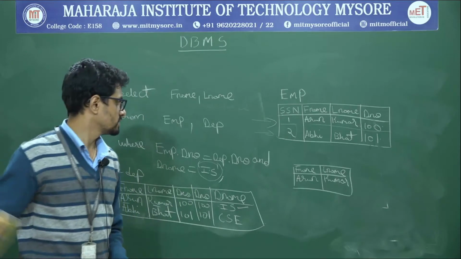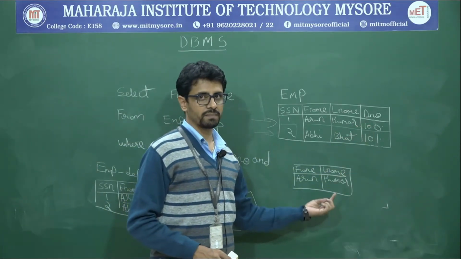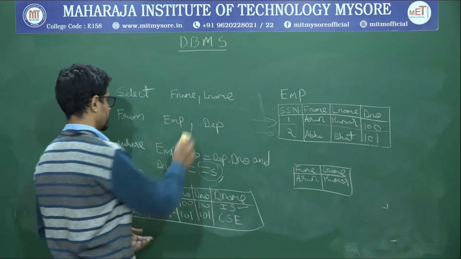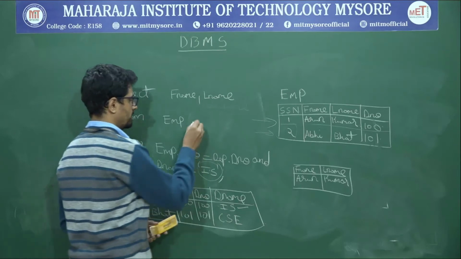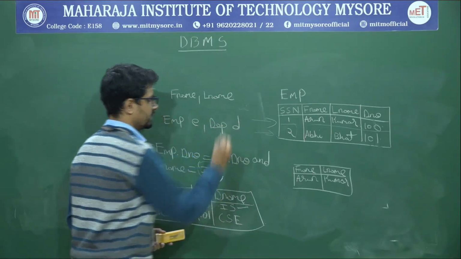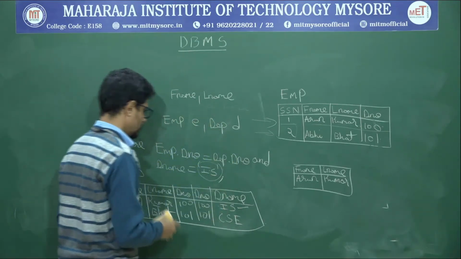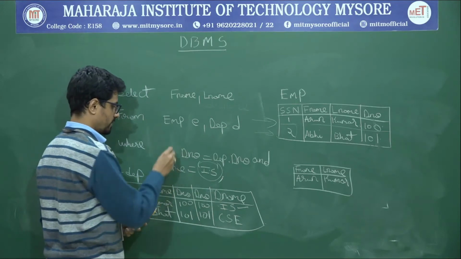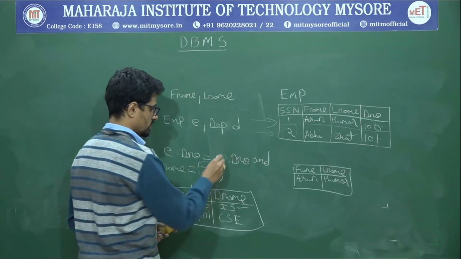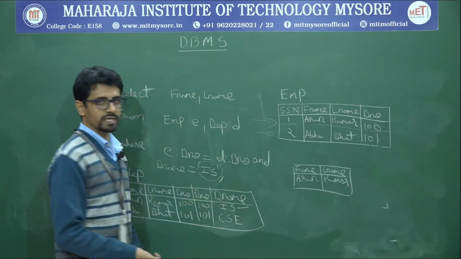Okay. So for example, I have department number here, and in the department table also we have the DNO itself, right? So in that case what I can do is, I can just say employee, department D. So what I am telling is, take employee as E, department as D. Then instead of employee, I can specify E dot department number equal to D dot department number and D name equal to IS.